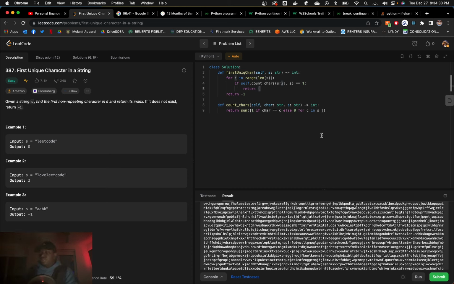But it would store the first occurrence. So looping and counting is easy. So if I just say frequency gets this, so at the end of the loop,